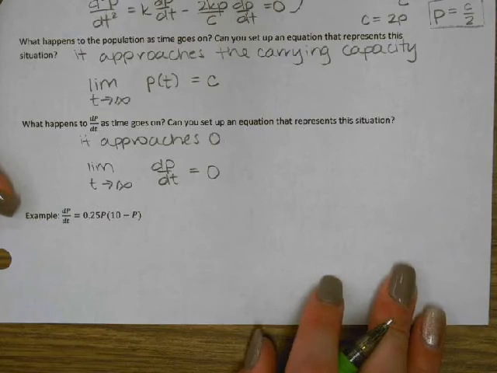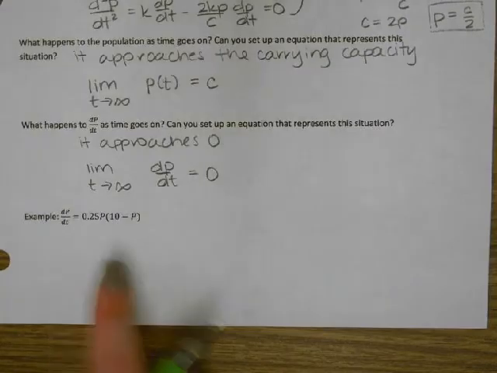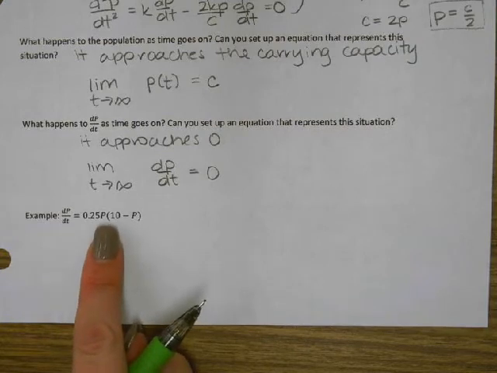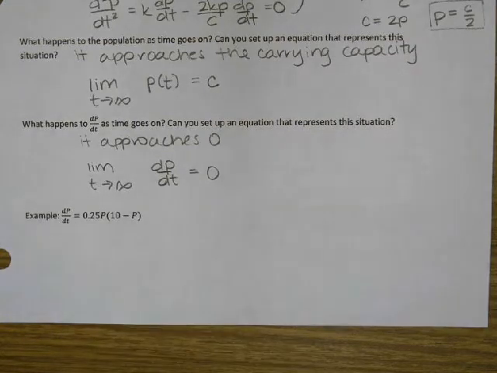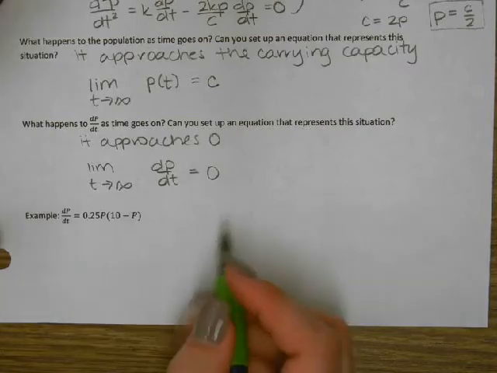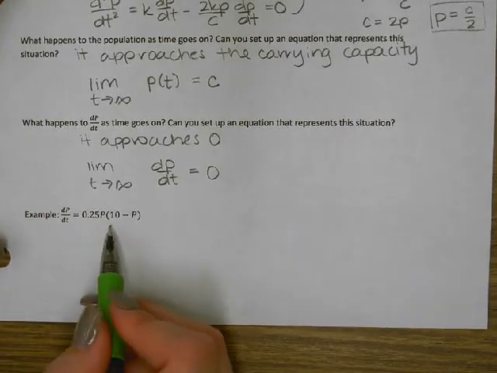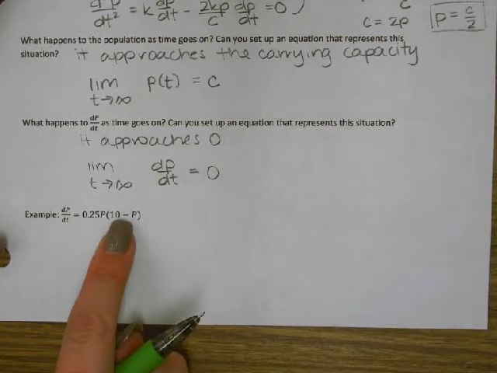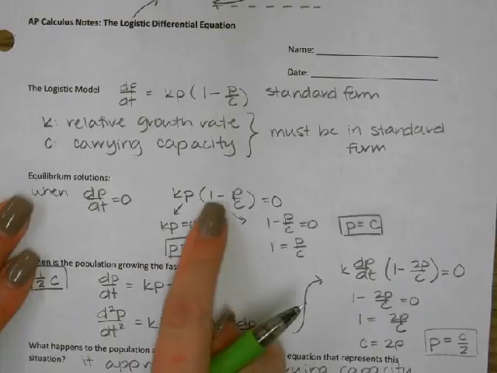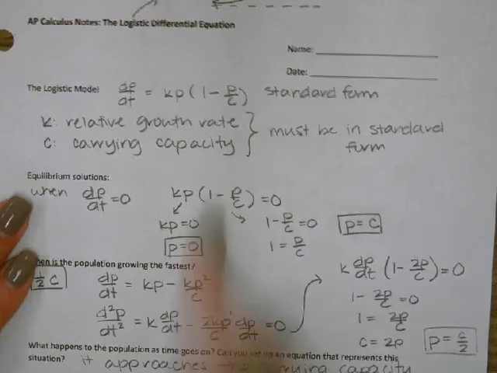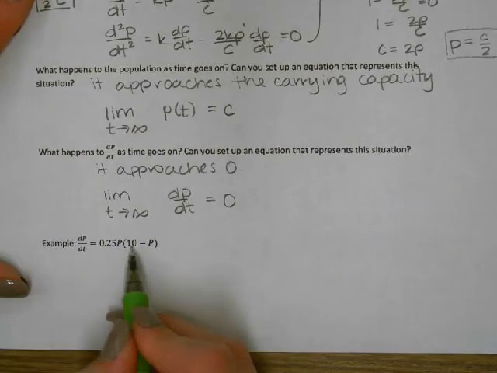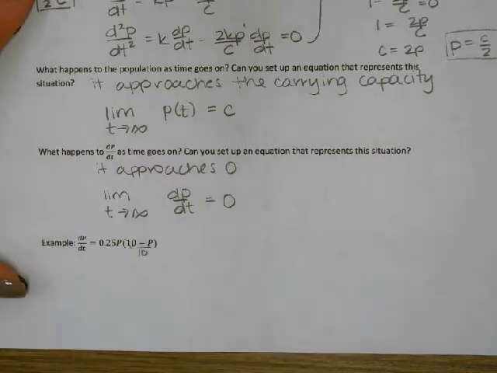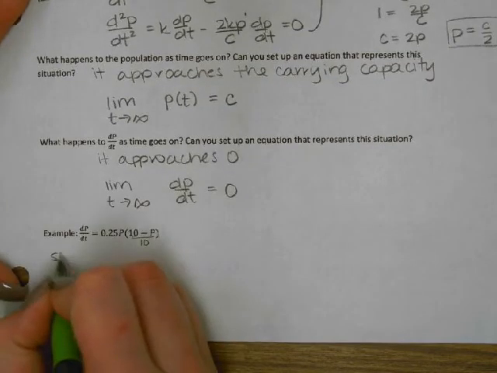All right, so for example, we have dP/dt is 0.25P multiplied by (10 minus P). What we want to do first, before we can look at this example at all, is write this in standard form. And I can see that it's not, because this is not a 1 right here. If you look up here, it should be 1 minus P over C. That has to be written as a 1. So for this to be written as a 1, I have to divide 10 out of those parentheses. So my standard form